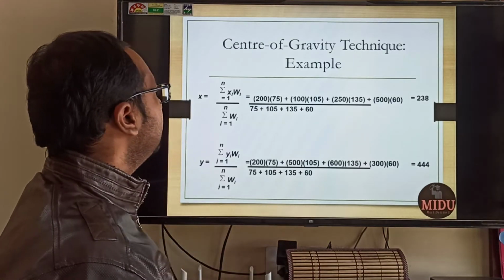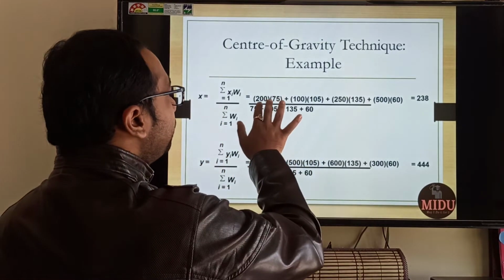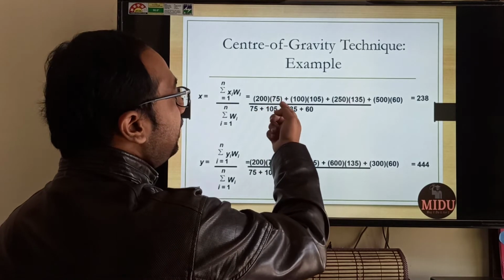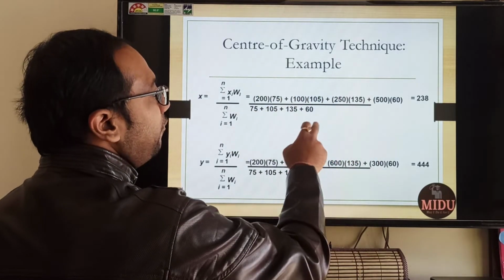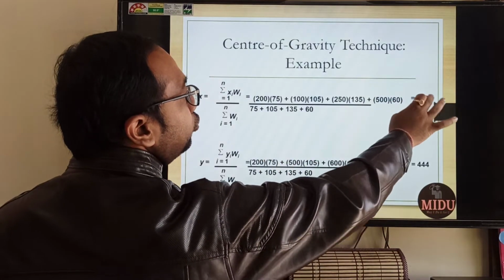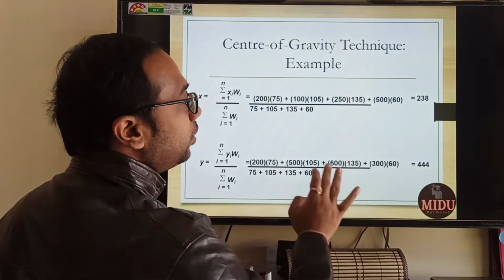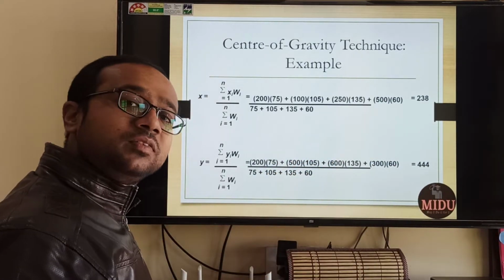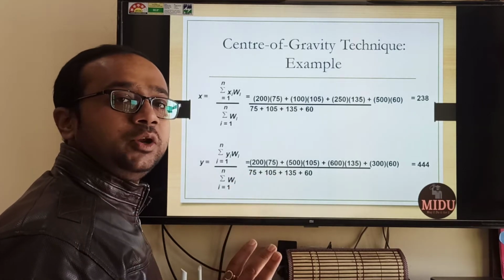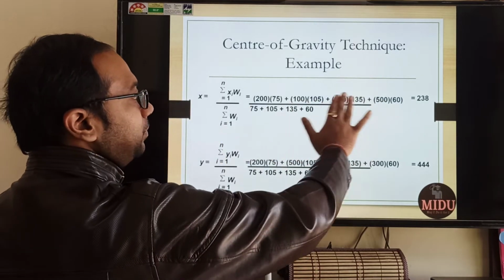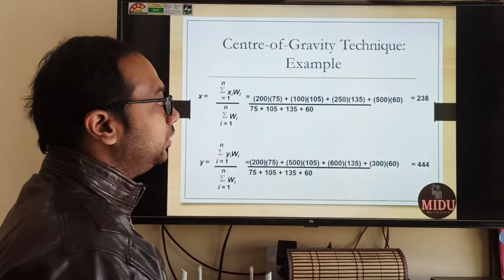Now we need to get the weight. So what will be the x coordinate? 200. So for 4 points, 200 into the weight plus the next into the weight, the next into the weight, and then below we will add all the weights. We get a weighted score of 238. Similarly in y we get a weighted score of 444. This is simple mathematics, my dear friends, but still if there is any doubt you can write in the comment section. I will explain the solution in a very simple manner, but this is simple mathematics, so we are not giving much time to this.